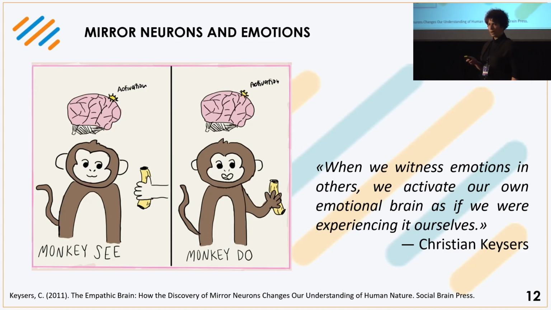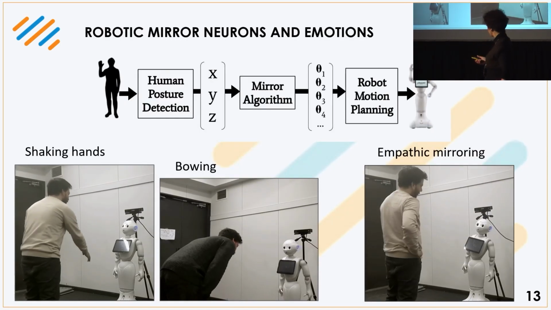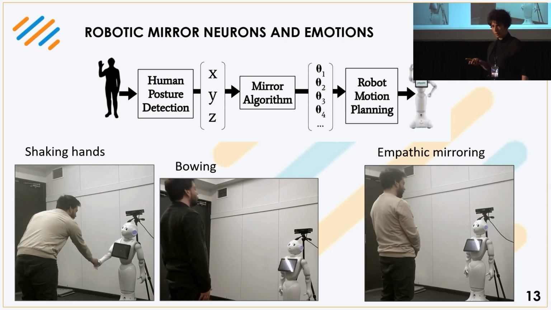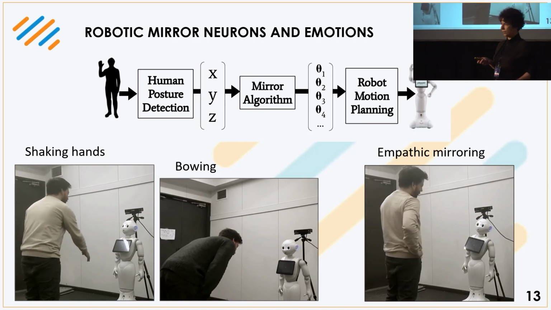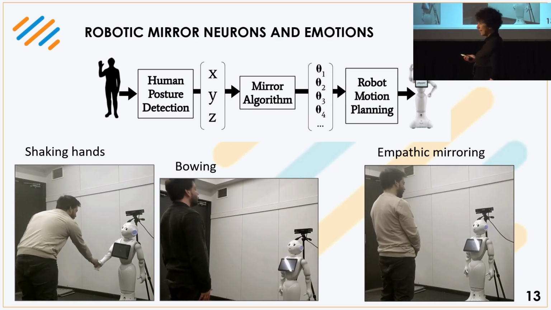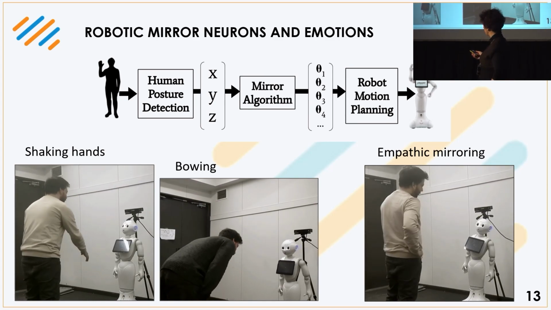And so our robots do not do that. They just express some emotion and hope for the best, basically. So what we did, we tried to implement a mirror neuron system in the robot to see whether this would improve the final interaction. And again, we got very mixed results, mostly in